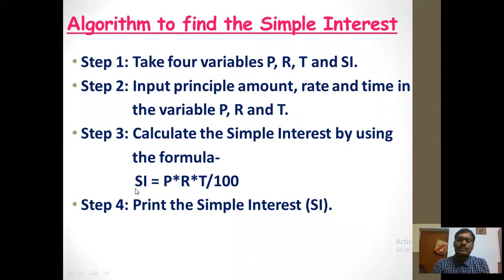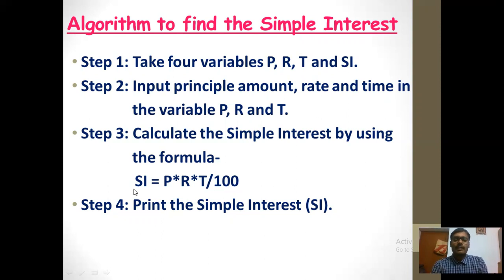This is the formula which is used to find the simple interest. You must have studied it in mathematics. And what is simple interest? Simple interest is the interest which is given by the bank when you deposit your money in a bank. Suppose you deposit 5,000 rupees, then after 1 year you will get extra money. You will get more than 5,000. That extra money is known as simple interest or compound interest. You will study compound interest in your standard 9th and 10th. So the bank always gives you interest whenever you deposit your money in a bank.